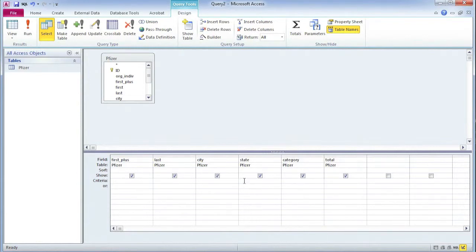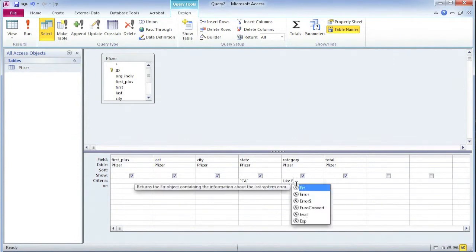So first, filter by state. Write the two-letter abbreviation for California, hit return. Access recognizes that it's text and puts quote marks around it. Now I'm going to do something similar for category, but I'm going to show you another trick you can use. So I'm actually not going to write out expert-led forums in full. I'm going to go like expert